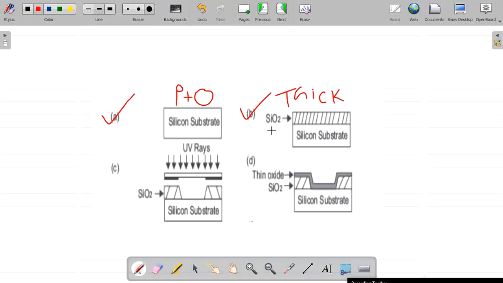Now what we need to do? See, our aim in the fabrication of NMOS is to implant a gate terminal, source and a drain. This is our main intention. In order to get the gate terminal, we need to etch the surface. What is meant by etching? Etching means removal of a certain part. From here, as this is a thick silicon dioxide layer, I need to implant a gate here.